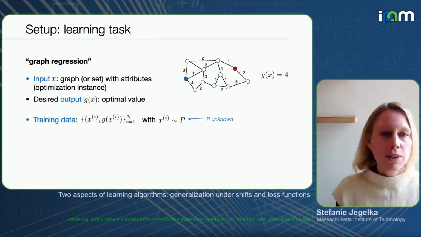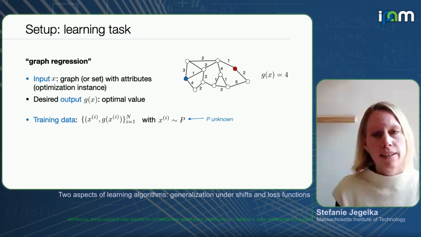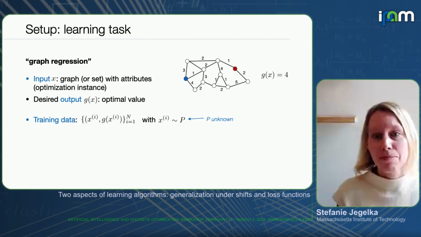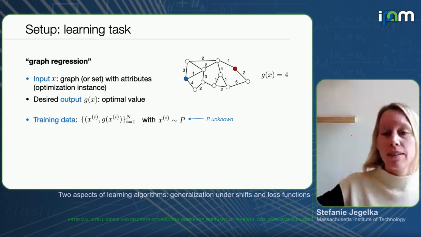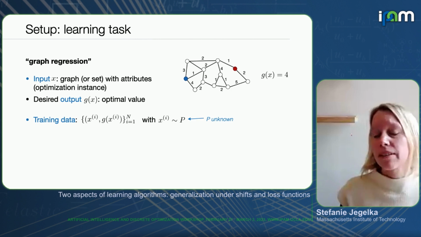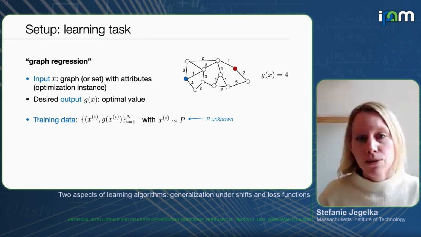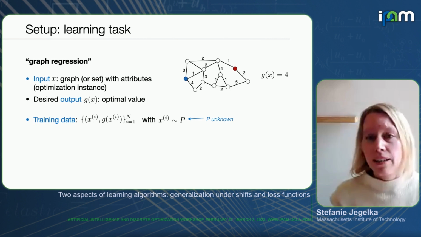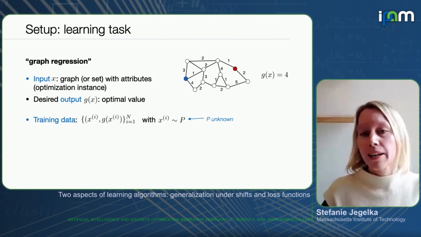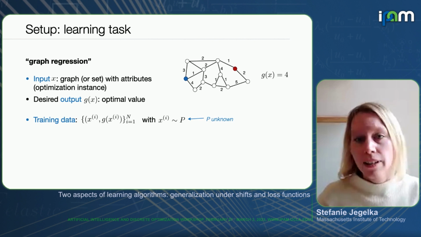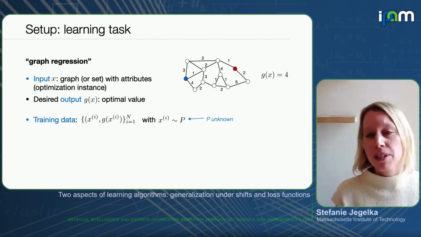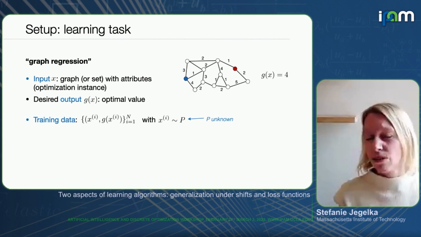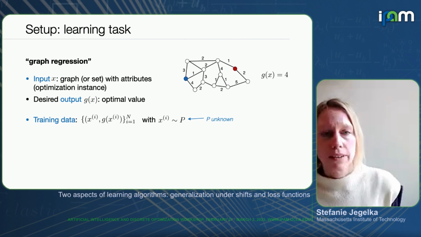So what would actually be the learning problem in this case? Because I want to think a little bit more theoretically about some of the things, let's make it simple. So for the moment, in the first part of my talk, I'll think about this as a graph regression problem. In general, as a running example, I'll take the shortest path. We'd of course want to predict the optimal solution. Here, what I'll be predicting is just the value of the optimal solution. I think the analysis generalizes, but this is to keep it a bit more tractable here.